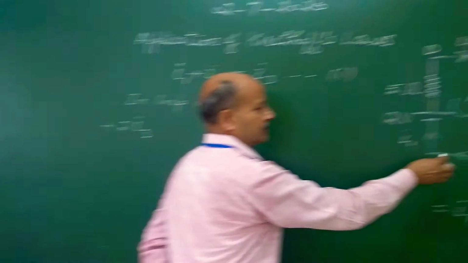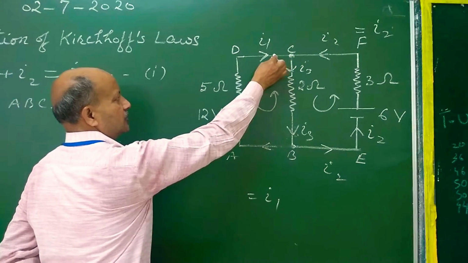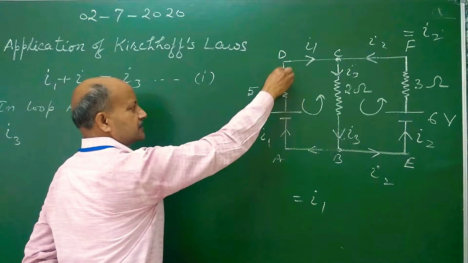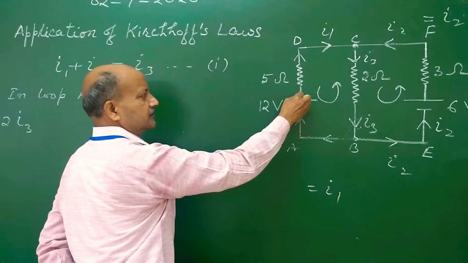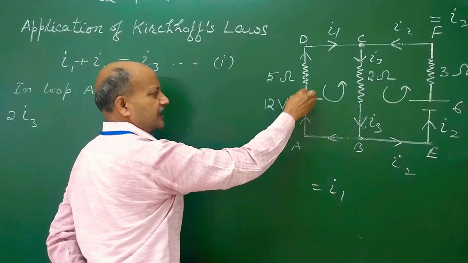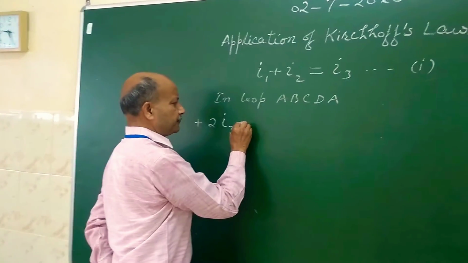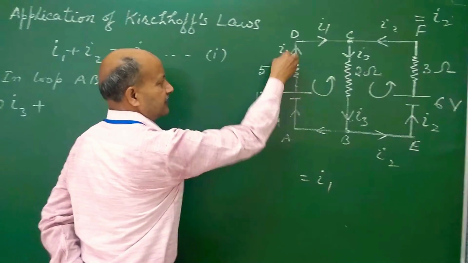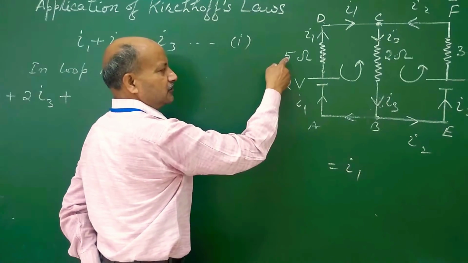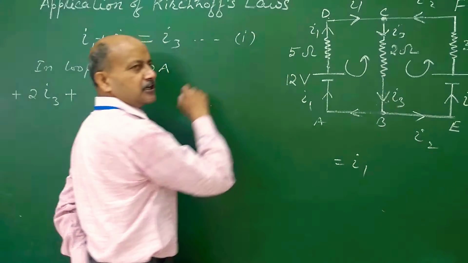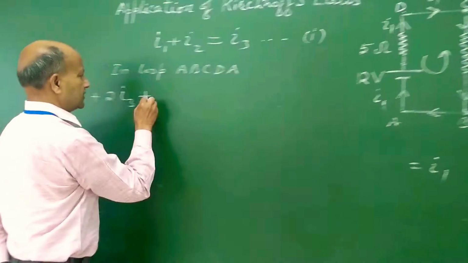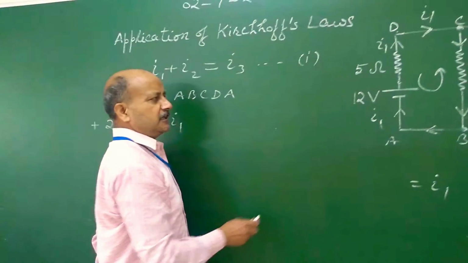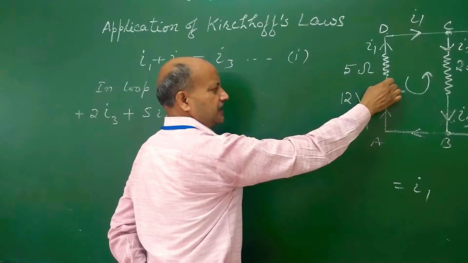Now again look here, we are going to complete the loop. There is no rise or fall. Again, this is the direction of I1. We are going against the direction up to here. So there is a potential rise again. So we will write plus sign for the rise. And how much rise? This current is I1 and this resistance is 5. I into R is equal to V. So 5I1. Rise is equal to 5I1. Now we proceed. This is the cell or battery.